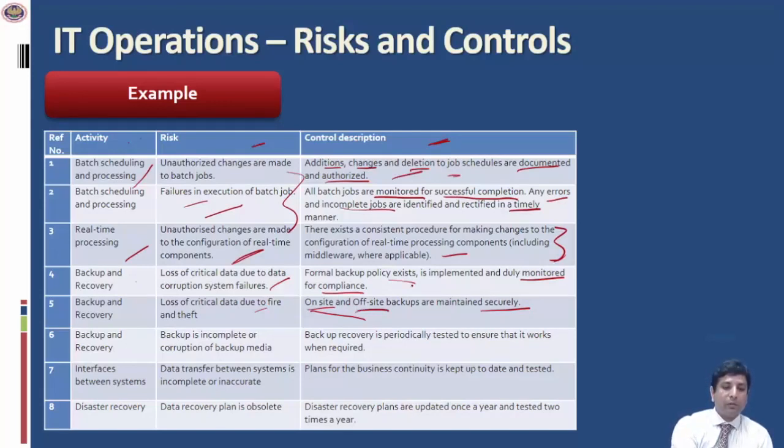In case something happens to the main site, then the backup which is residing at the off-site can be used for restoration of data which has been lost. So this has to be maintained securely. What is the meaning of securely here? It means that there should be a fireproof safe or a lock and key or both that should be put into place to store the backups. Lock and key would prevent the data from being stolen, and a fireproof safe will protect the backup from any environmental hazards, including fire.